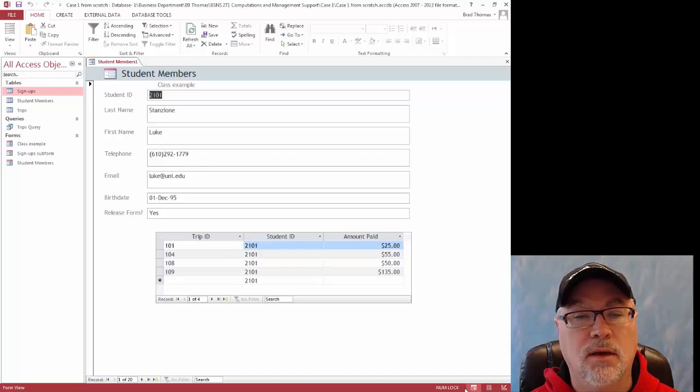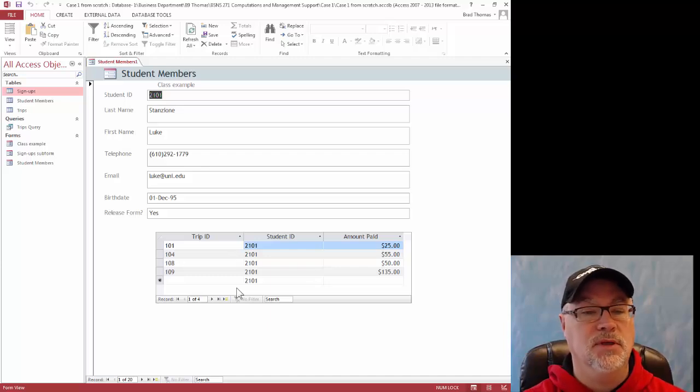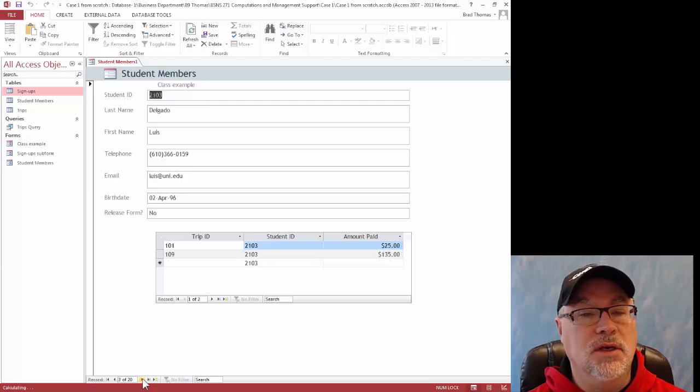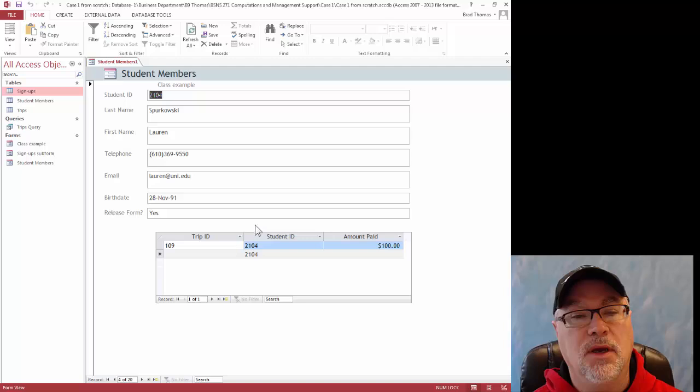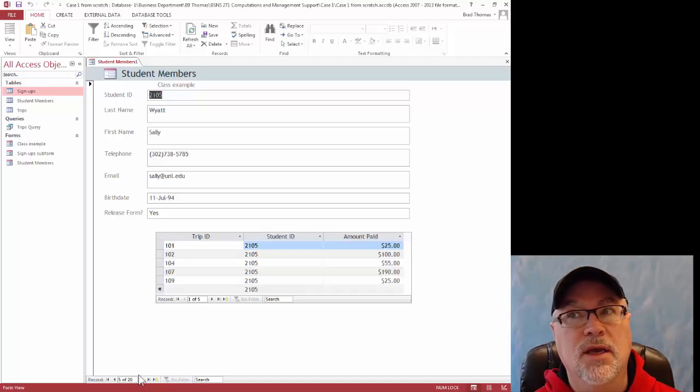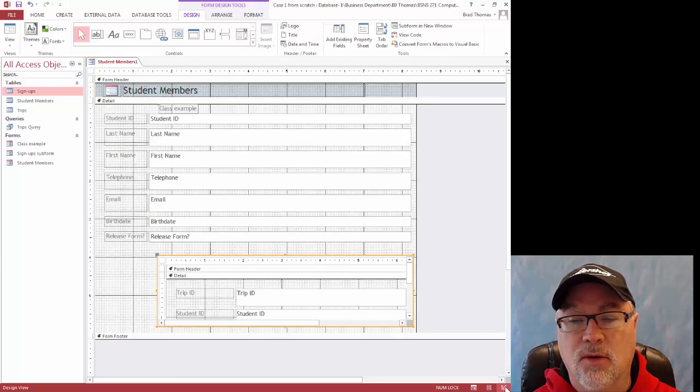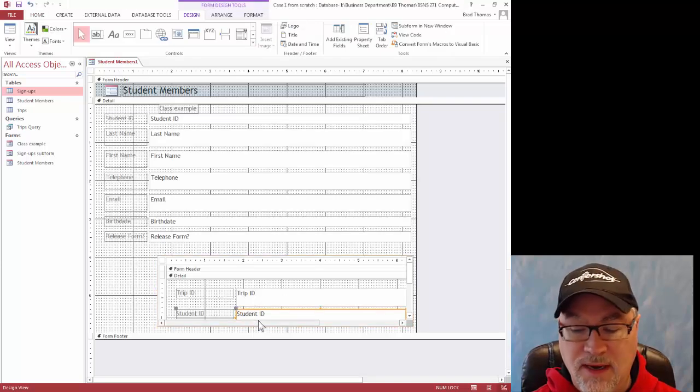So this is what our form looks like if we use the defaults and just let it go and see what happens. As I go through and scroll my records, you can see that I match those up. The student ID is up here, the same student ID is down here, and I can scroll through those records. Student ID is kind of redundant, so there are some things I might want to do to make it look nice. If I go into the design view, I really don't need my student ID to show up twice,